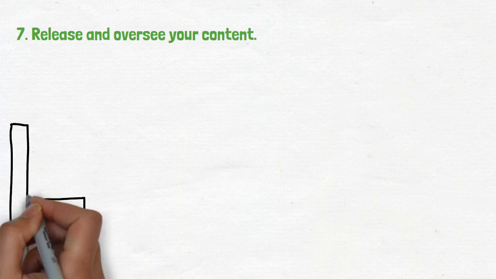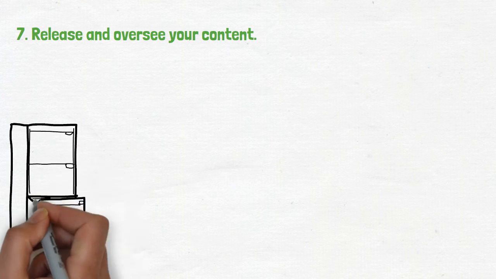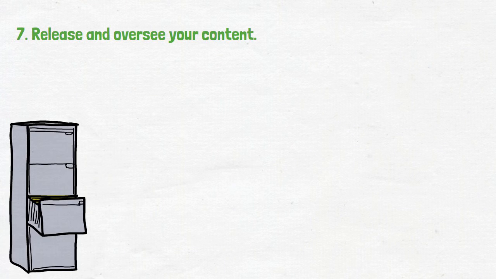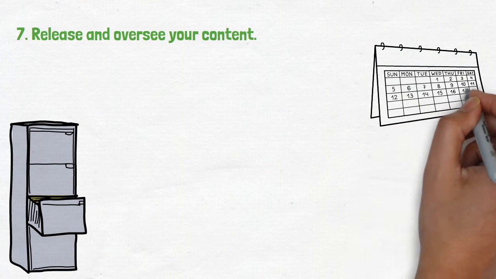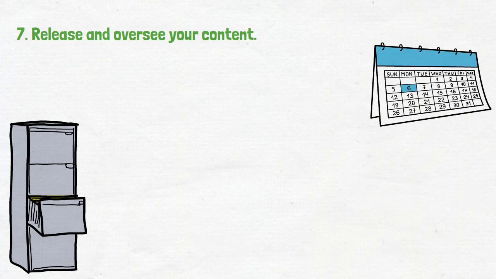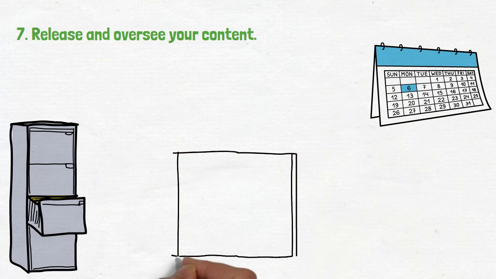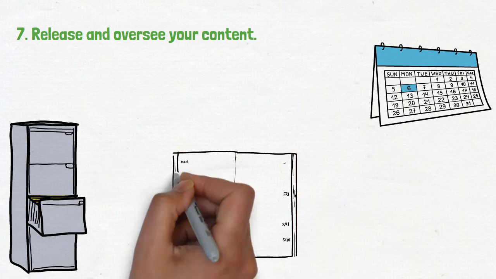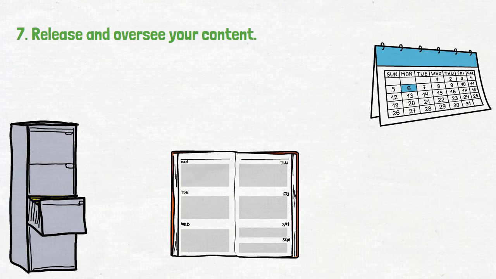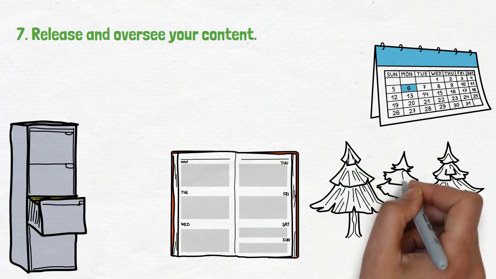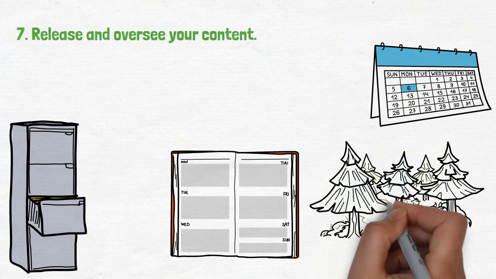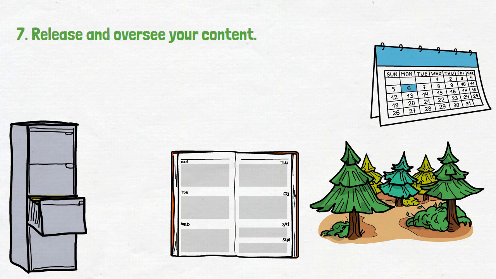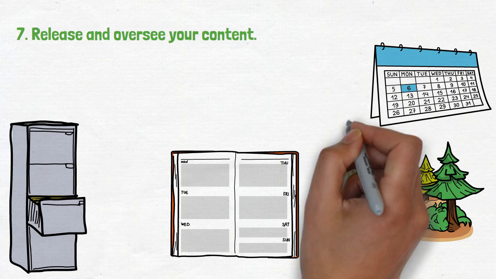Number 7, release and oversee your content. Your marketing strategy should go beyond just the kinds of material you produce. It should also deal with organizing your content. With the aid of an editorial schedule, you'll be on the best path for releasing a well thought out and diversified content collection on your webpage. After that, produce a social media content schedule to advertise and manage your material on various other sites. A lot of the concepts you come up with will be evergreen, meaning they are equally as relevant months or even years from now as they are at the present moment.